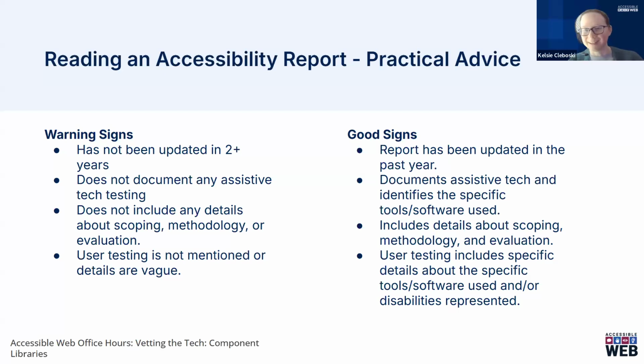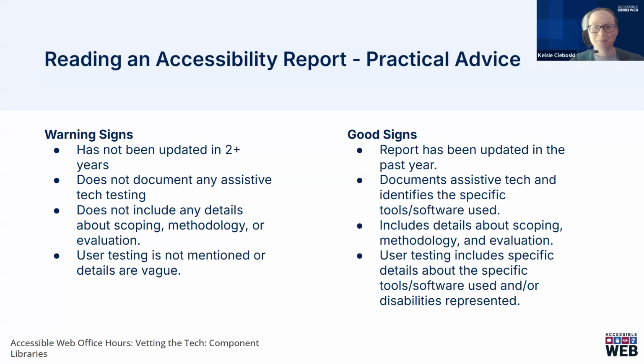Some good signs of a more solid accessibility report and a higher priority on accessibility are if the report has been updated in the past year, if it documents assistive tech and identifies the specific tools and software that were used in the testing, if it includes details about scoping, methodology, and evaluation that was used to create the report, and if user testing includes specific details about the tools or software that were used, and or the disabilities that were represented in